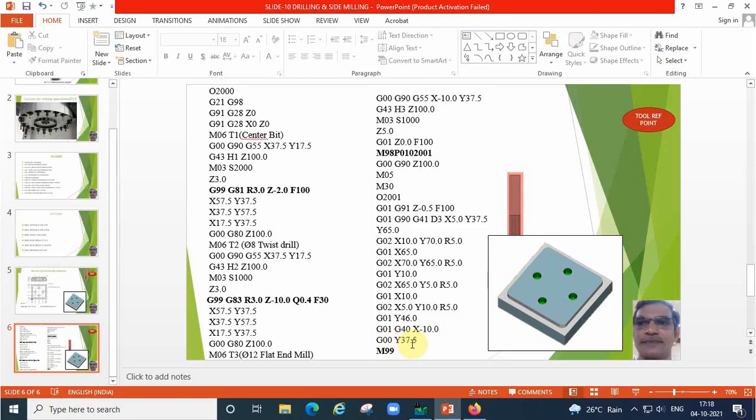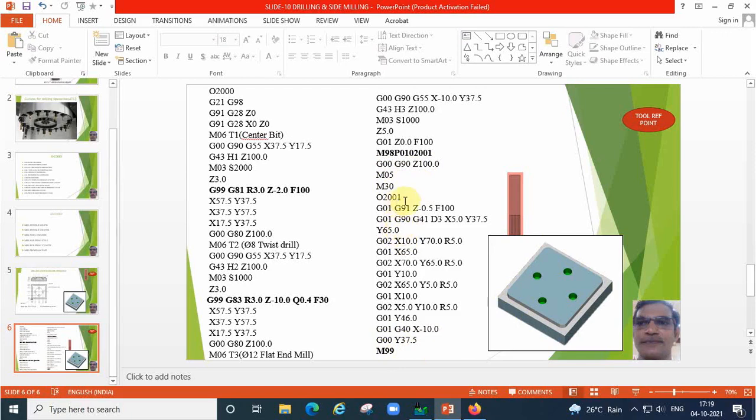After completing the full depth and after searching M99 at last, once again it will go back to this line G00, G90, Z100. Simply the tool is lifting and then switching off the spindle and completing the program. So this is the procedure the machine will understand.